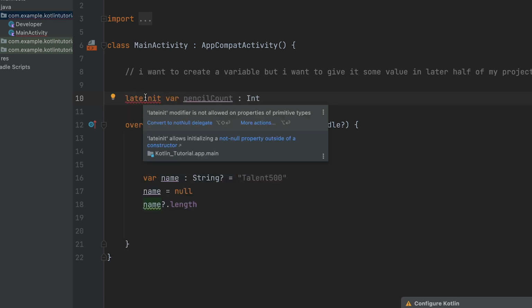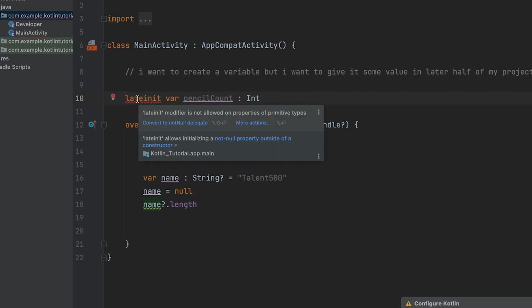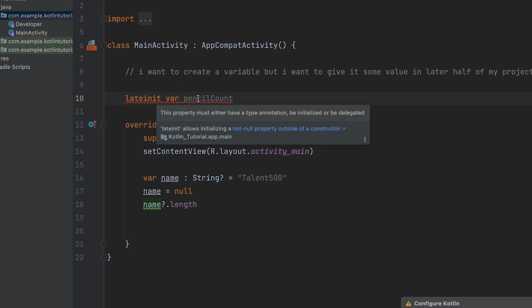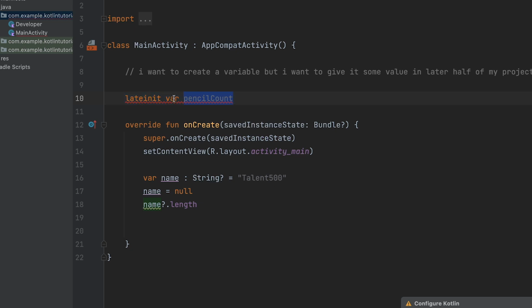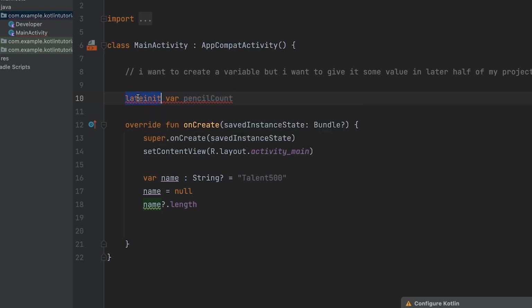So the word here is kind of self-explanatory, right? It is giving me the instruction that you can give some value to your variable later as well. I mean, that's completely fine. For now you can just create it, declare it, and if you want to give it a value later, then you can use the keyword lateinit. Late means later on, and init means initialize, that is, I will initialize it later.